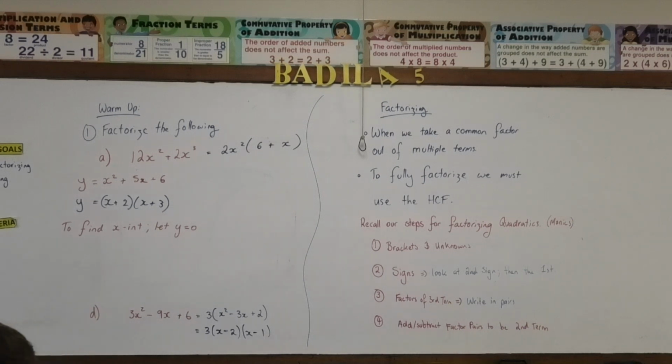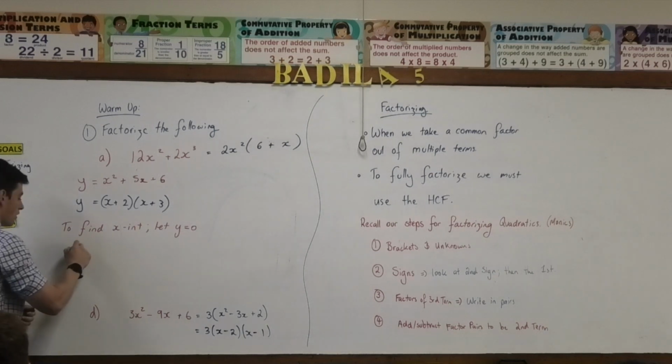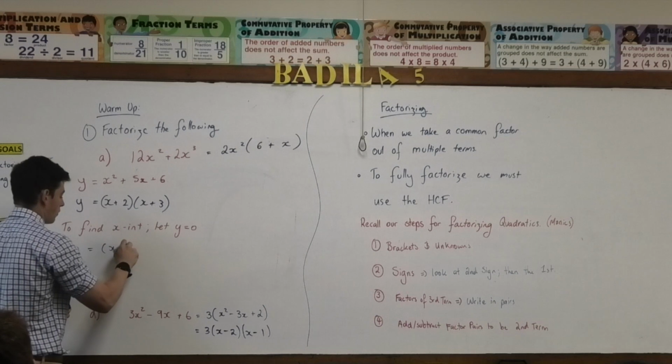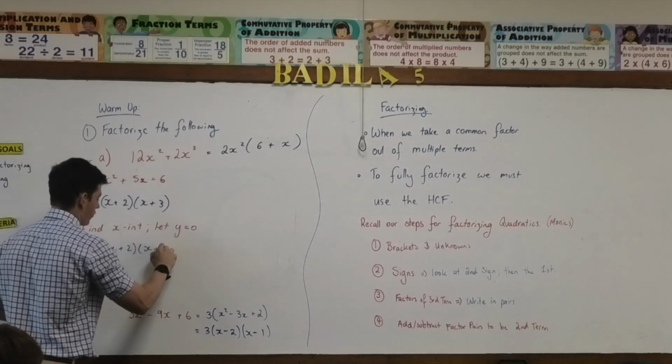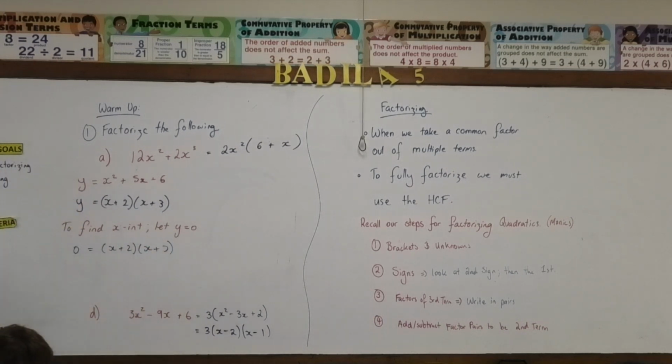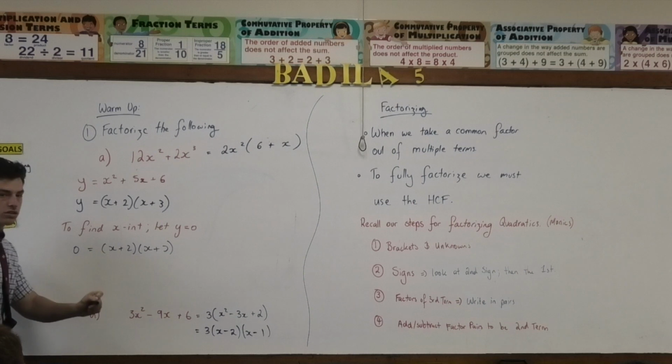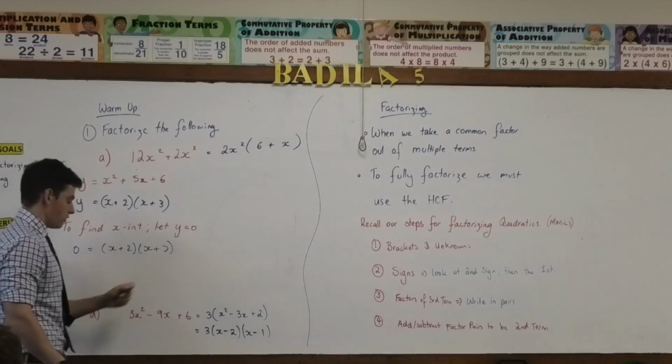So tell me about every x-intercept in the history of x-intercepts. Where do they occur? When y equals 0, correct? So what I'm now going to do is replace y with 0. And then tell me, when does that equal 0? When x equals... when this equals 0, or